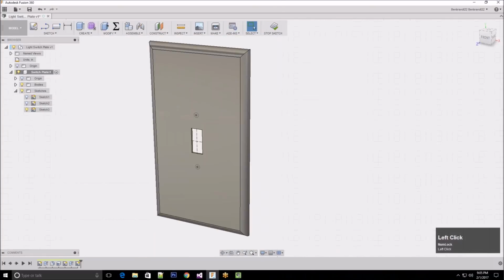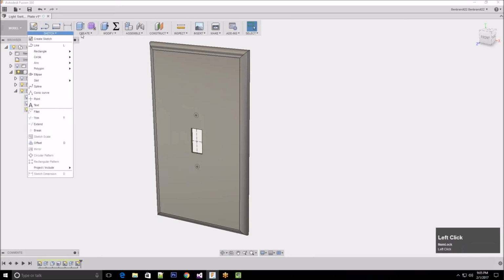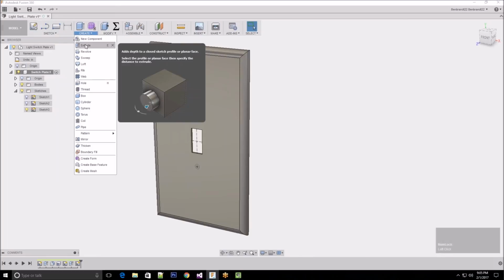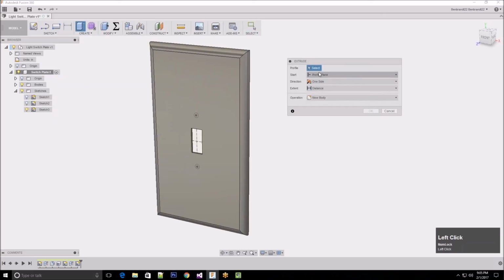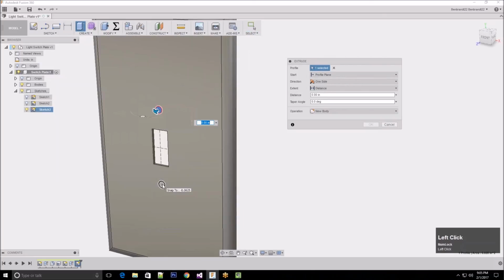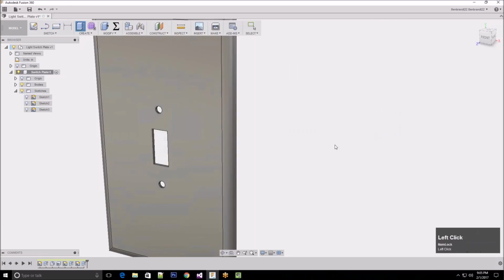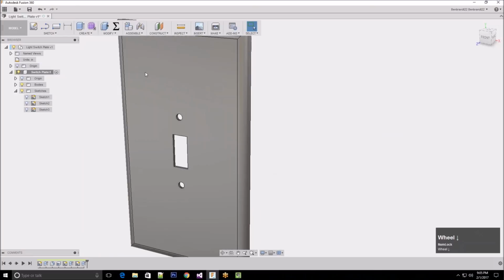We'll stop the sketch. And you can see the sketch here, the construction lines. I will go to create an extrusion. It's asking me what do I want to extrude. I'll click the top circle and the bottom circle. So those two circle profiles. Drag it out the back. Tell it that I want to go through all. And then just to finish it off,